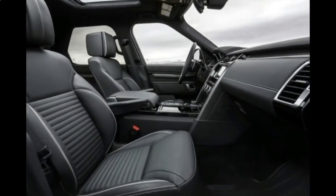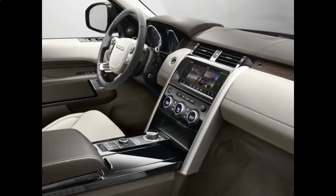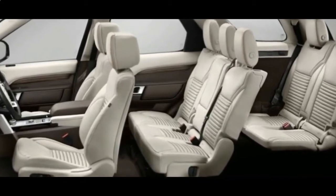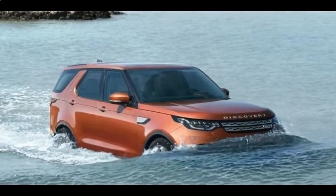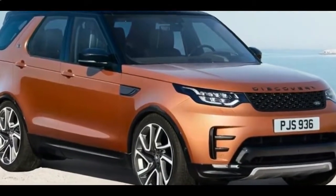Yes, the offset rear license plate remains, a welcome nod to the past, but to me the new Disco simply isn't as compelling. Thus, I have high hopes for the upcoming Discovery SVX, which is a performance-tuned version of the SUV with design details that give it added panache. In the meantime, though, I'll need to settle for the Discovery Diesel, equipped with a 3.0-liter turbo diesel V6 engine